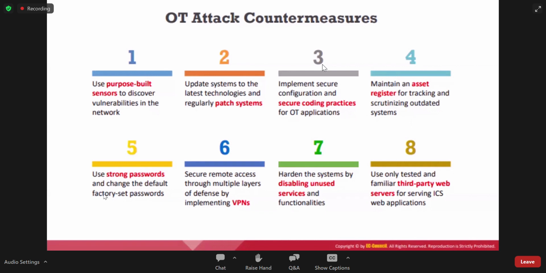Use strong passwords and change the default factory-set passwords, and secure remote access through multiple layers of defense by implementing VPNs. Harden the systems by disabling unused services and functionality, and only use tested and familiar third-party web servers for servicing the ICS web applications, or managing those OT portals.